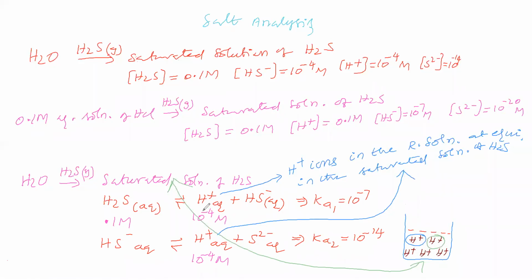Two answers means one by considering H plus coming from H2S, and another H plus coming from HS minus. If we assume like that, it is generally what we expect. There is no doubt. What is our expectation? We have written this equation on the paper, so we will say that it is H plus coming from H2S. It is the expectation. We write this equation on paper and expect that it is H plus from HS minus. Superficially we are thinking like this.